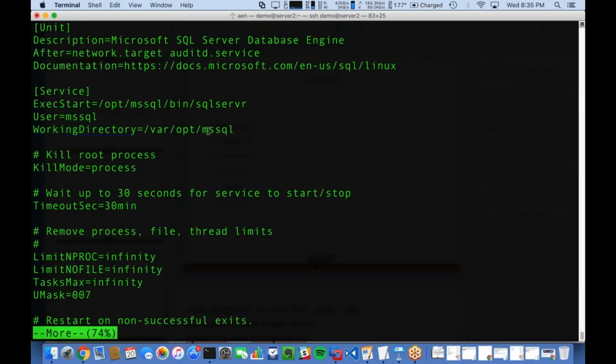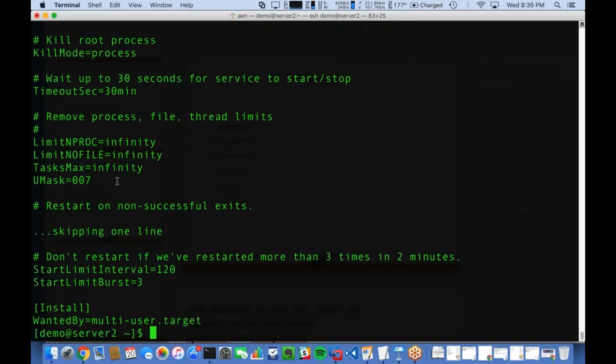Our working directory, so all of our data is going to live in /var/opt/mssql, right? The variable directory is where our databases will live. The kill mode means it's going to kill the processes off when I shut down the daemon or I tell it to stop, and it's going to have a timeout of 30 seconds. I'm going to scroll down a little bit further and show you,